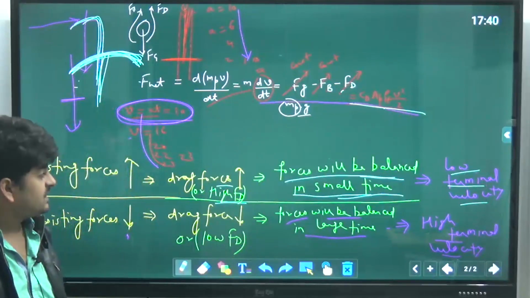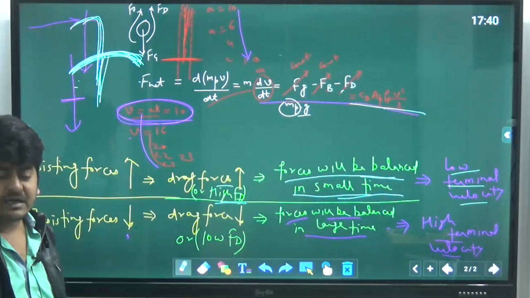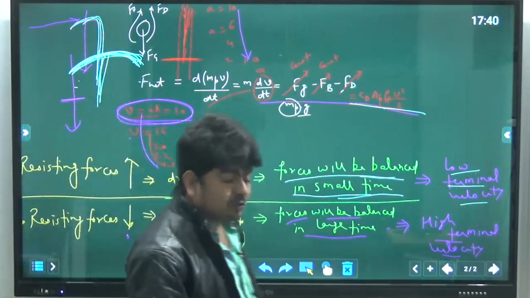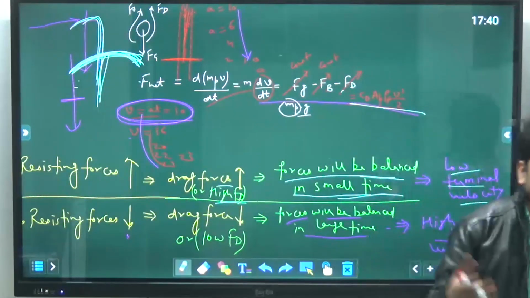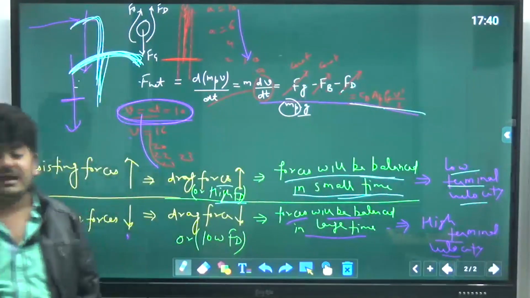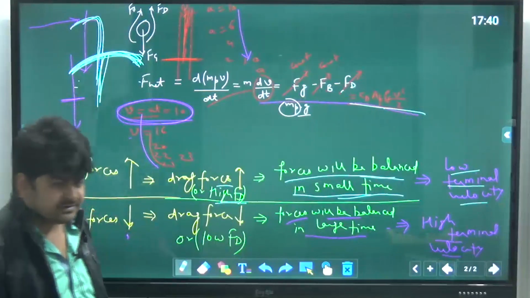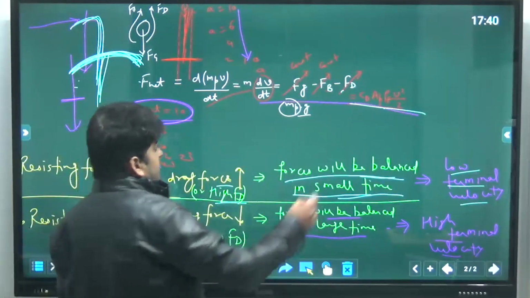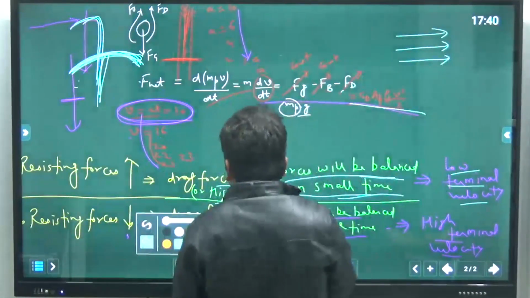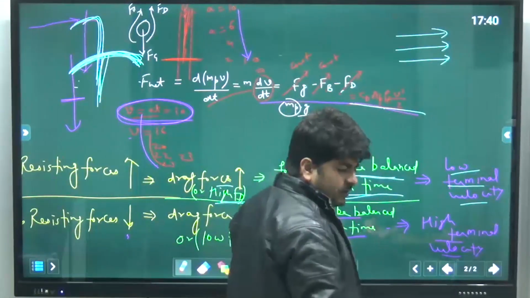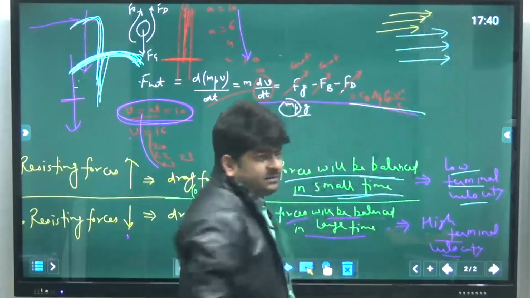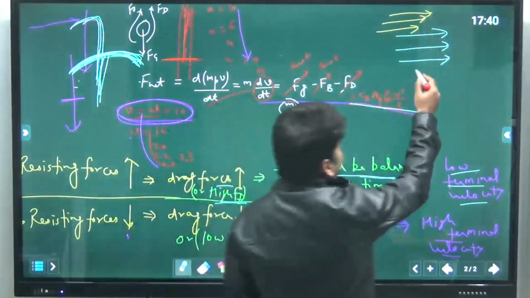Second, one more thing, a second example that I hope you can also relate to or visualize. If any one of you has ever done boating or rafting or swimming, then you can easily relate to that. Here I am not talking about the settling, I am talking about the drag forces. Suppose the river is flowing in this direction, and you are paddling your boat or raft or swimming, whatever it is, in the direction of the flow currents. Then what will happen?